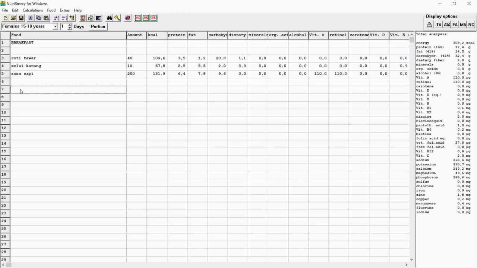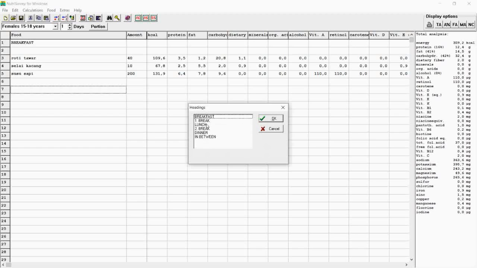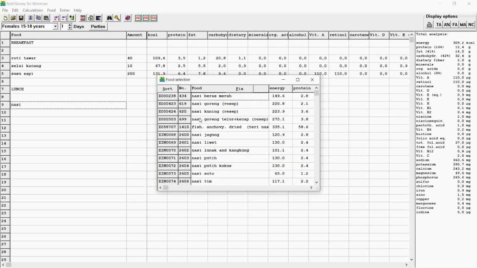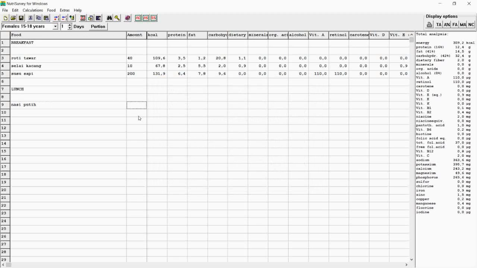She directly had lunch. So we insert the headings again. We choose lunch. Then we write the food that she consumed. She consumed rice, 200 grams.